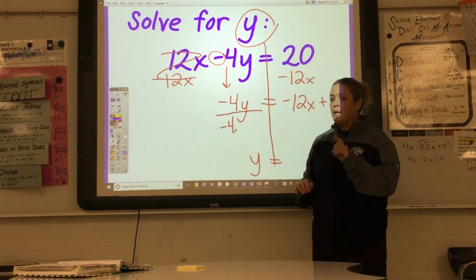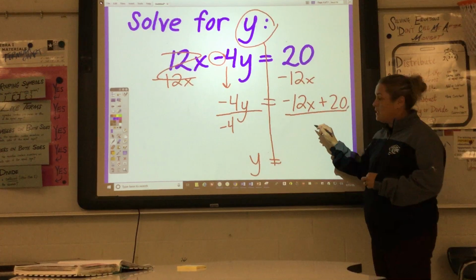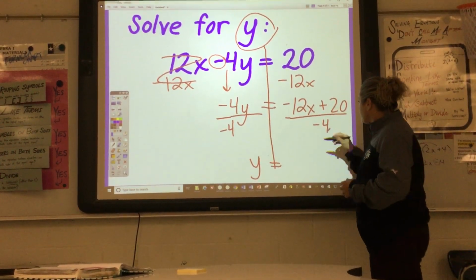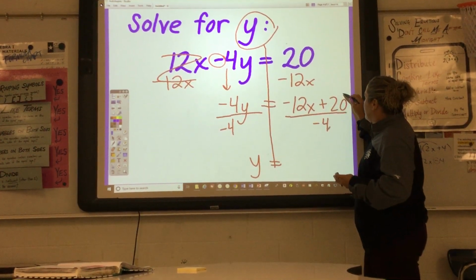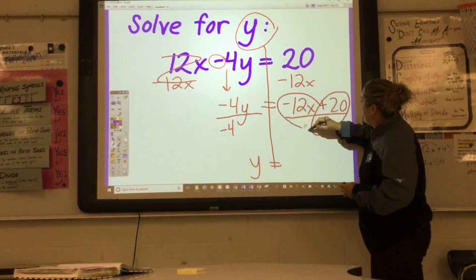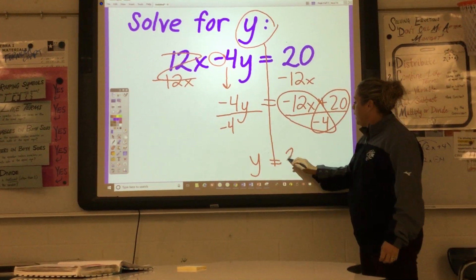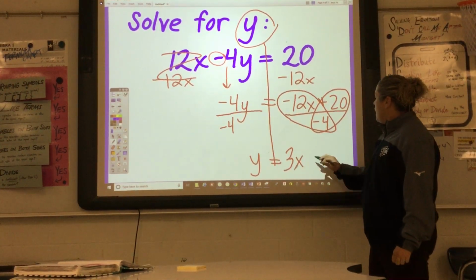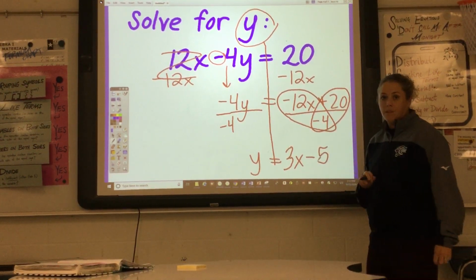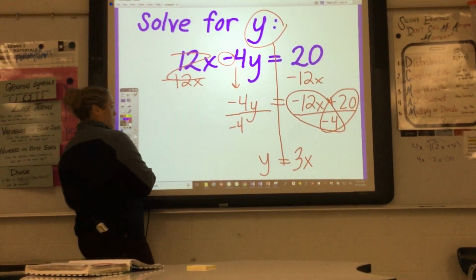that's your coefficient. Here's the tricky part. You're going to divide both pieces by this negative 4, okay? So there's two ways to kind of show it. I would either write it like this, and then you can tell yourself you're going to divide this, but you're also going to divide here. And then you get a negative divided by a negative is a positive 3x. Positive divided by a negative is a negative 5. Okay, so 3x minus 5, and I'm going to just show you